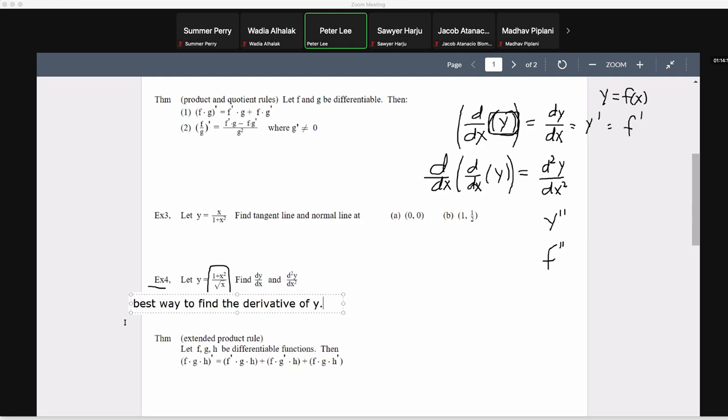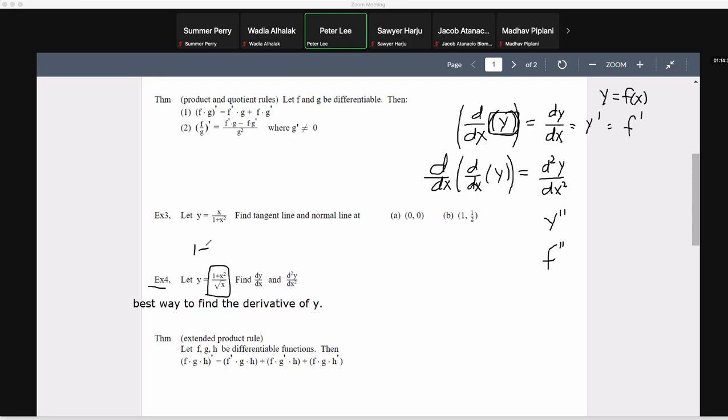If you know the quotient rule, what's the first thing you have to learn? What you have to learn is, the first question is this: can we avoid the quotient rule? Can you do better? Can you do this better without applying the quotient rule? Of course, this 1 plus x squared over square root of x can be written this way: